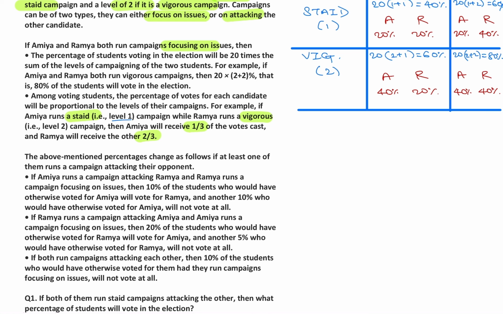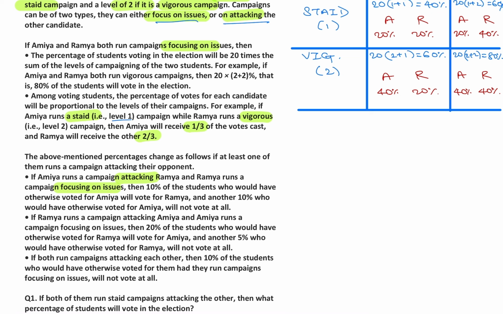One is a campaign where the candidates focus on issues, and the other is where the candidates attack the other candidate. So if Amya runs a campaign attacking Ramya, and Ramya runs a campaign focusing on issues,